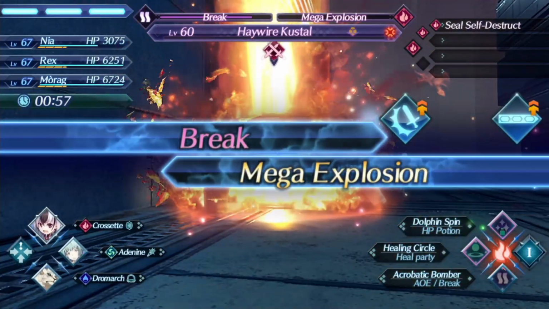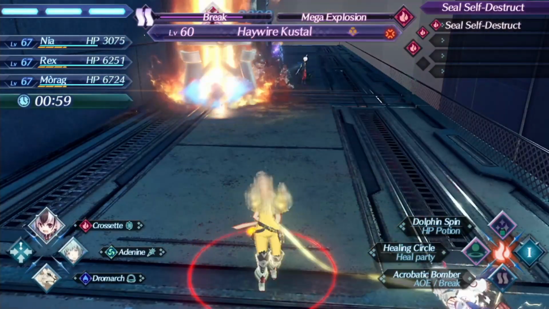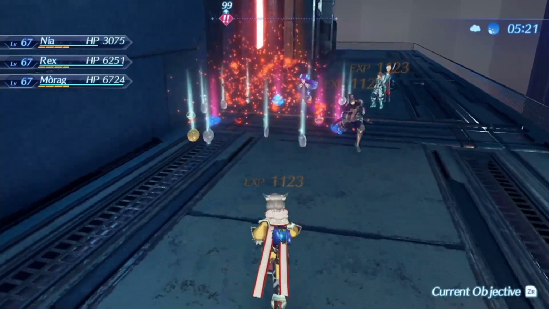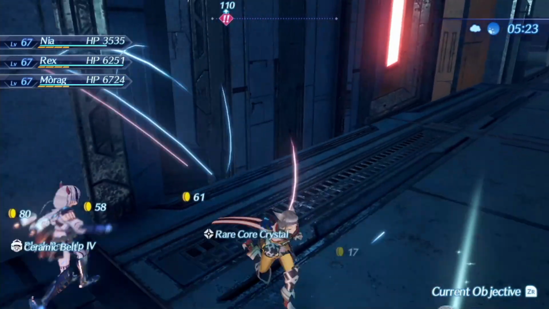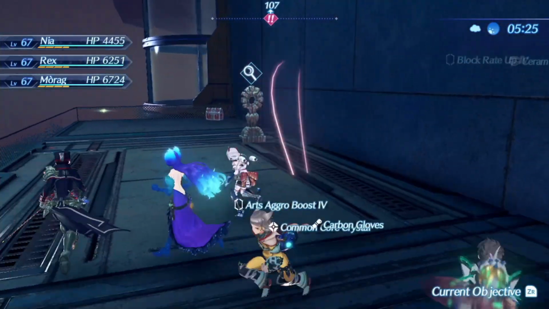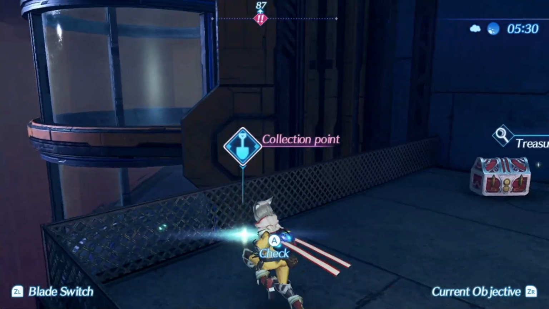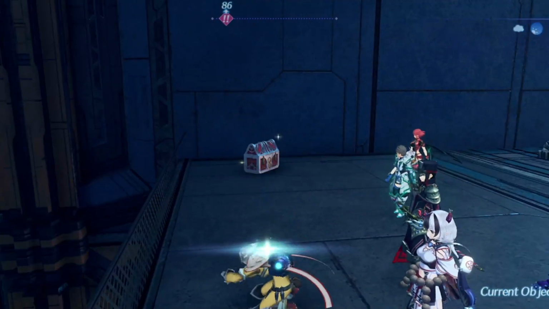Okay. Whoa! What the frick? He is weak as frick to fire. We just 9-9'd the crap out of him. I didn't know he was that weak to fire. Okay. So that guy is apparently vulnerable to fire, so if you just do all of that, you just do